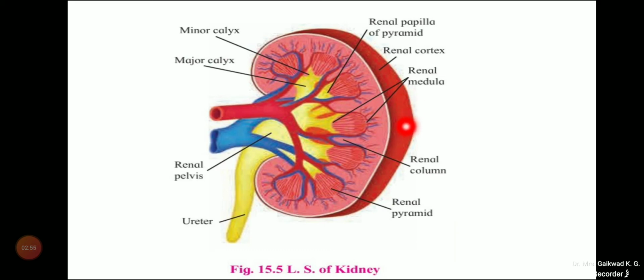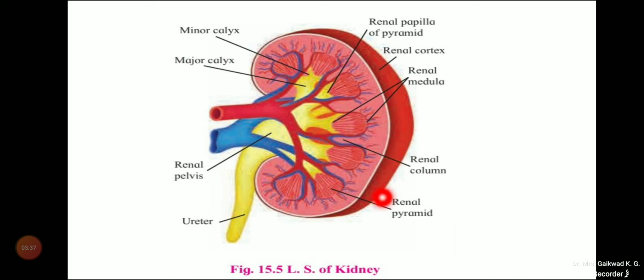So as I said, the kidney is covered by 3 layers. The outermost is the renal fascia, whose function is anchorage. The middle layer is called the adipose capsule, and it acts as the shock absorber. And the innermost layer which surrounds the kidney is the renal capsule, which is made up of a smooth transparent fibrous membrane, and it acts as the barrier against the spread of infection of the kidney.